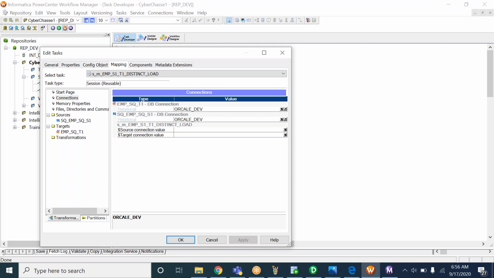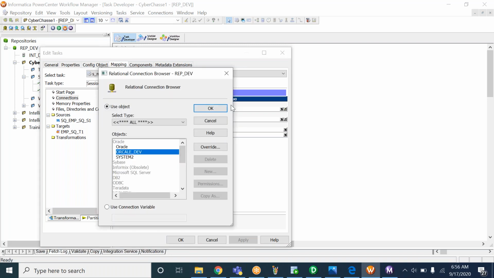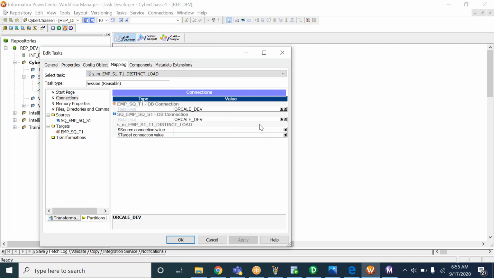Again, if you create a third session task, fourth session task also, it will take the same connections by default. Okay, if there is any change in the connections, then only we have to go and select another connection. Otherwise, if there is no change, if in the same database only we are creating the source and target tables, then no need to change the connection. We just have to leave that as it is.